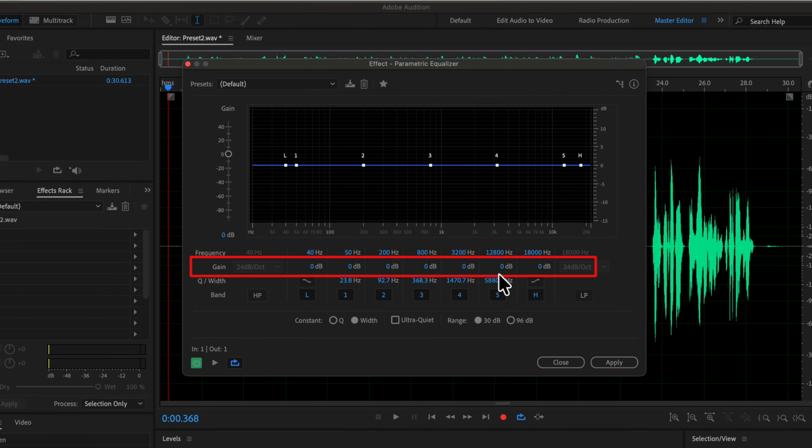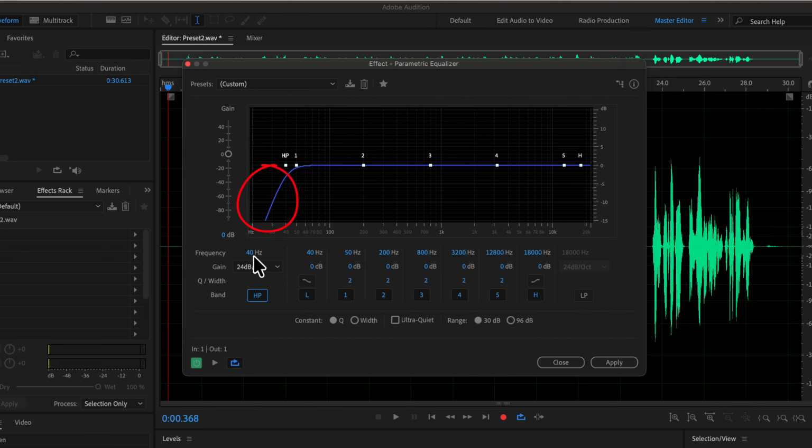EQ is the process of manipulating volumes by frequency. That means you can increase the volume of some frequencies and decrease the volume of other frequencies. Okay, instead of knowing the theory, let's see a practical demonstration. We will use a specific EQ that is called a high-pass filter, and that is denoted by HP here. I will click on the HP. You can see that once I activated the high-pass filter, it cuts some frequencies here, and we can actually control